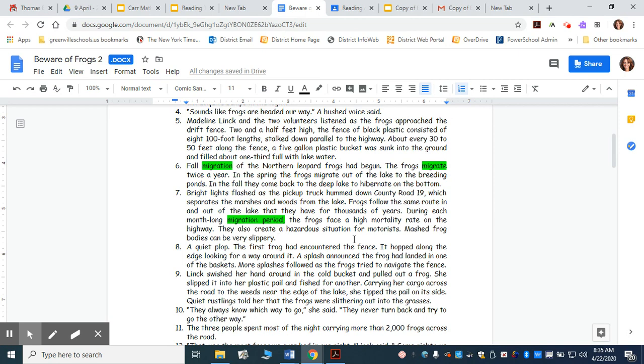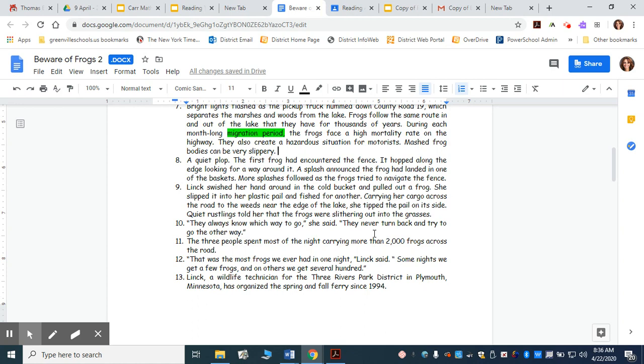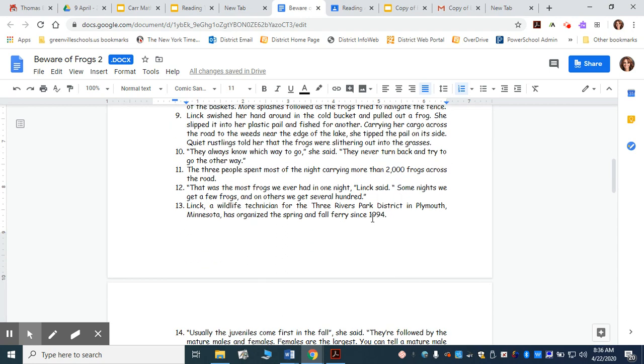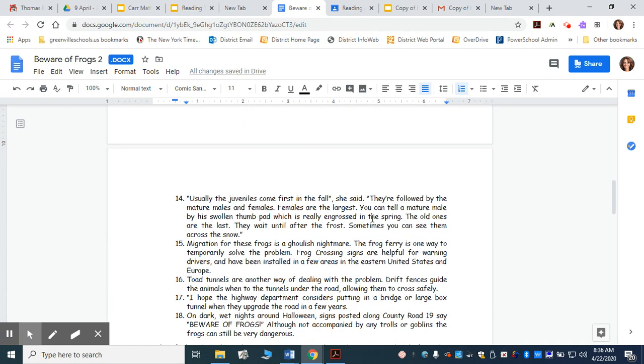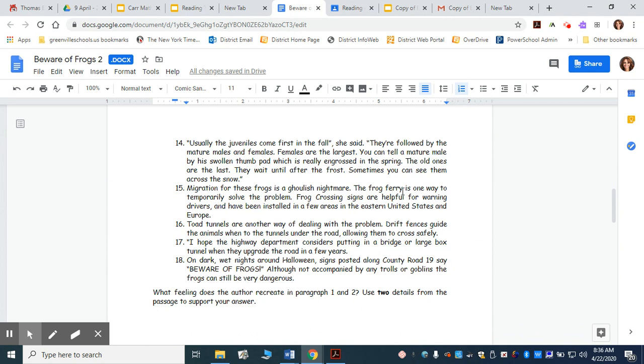Look at my text. I'm noticing the image of frogs is repeating and words about migration. Migration, migration, migrate. See how I have those on my page? There's also down here, you're going to see some repeating things about driving. We're going to come down here and you can see how the